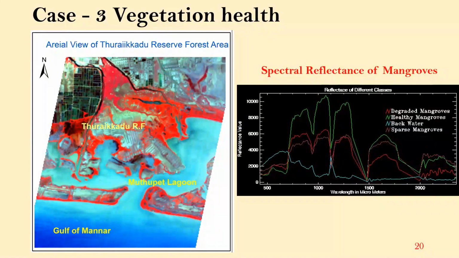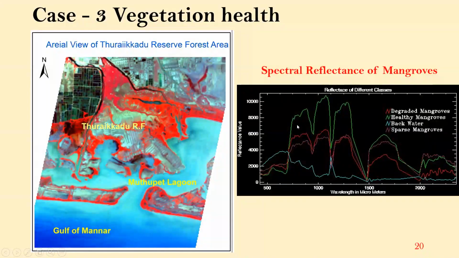For this purpose, we have utilized hyperspectral remote sensing data. The hyperspectral remote sensing data differs from the multispectral image, which I showed earlier, where there are like 7 bands. But in the case of hyperspectral, there are more than 200 bands in narrow wavelengths to identify the surface reflectance of Earth features. So with the help of this hyperspectral data, we mapped the reflectance of healthy and degraded vegetations.